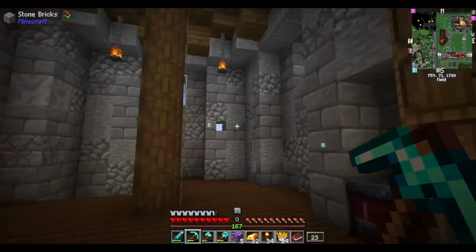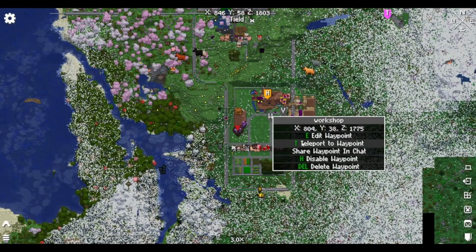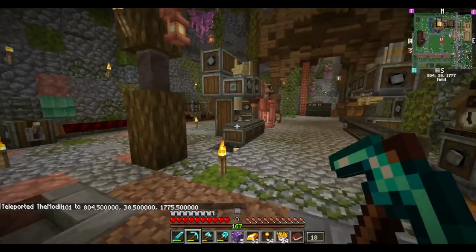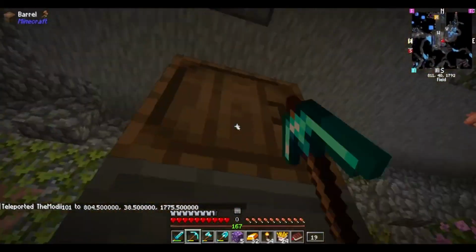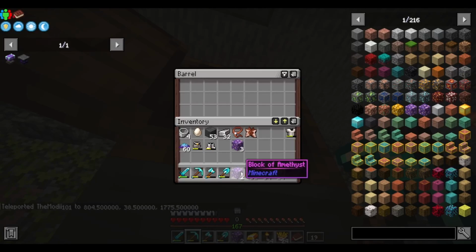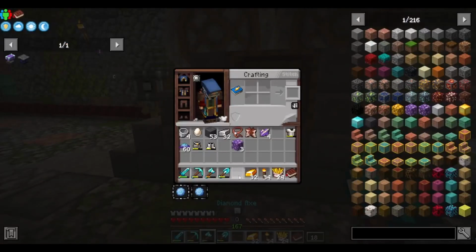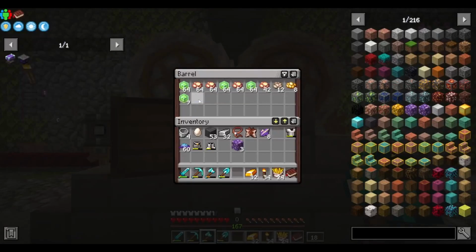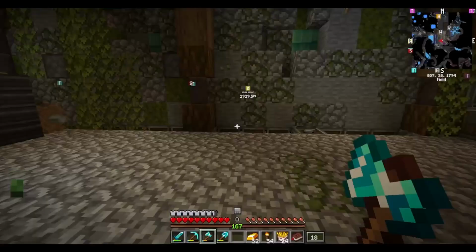All right. Well, let's go to our warehouse. I'm learning this mod on the fly here, so bear with me. We're gonna come up here and we're just gonna put in like 2. Oh, okay. It just handed it to us. There's that. Oh, we got a lot of stuff in here. Wow. All right, and then we gotta make a waypoint to our